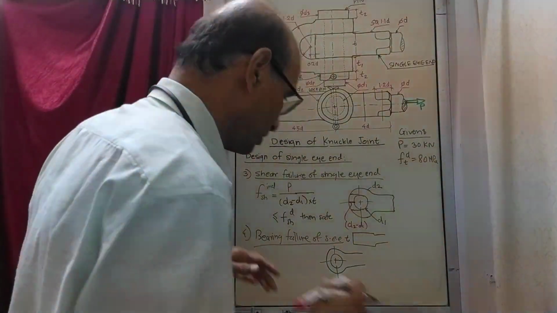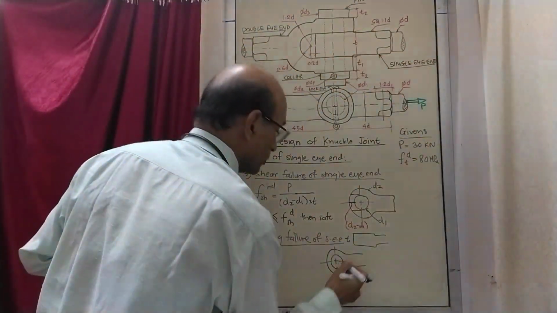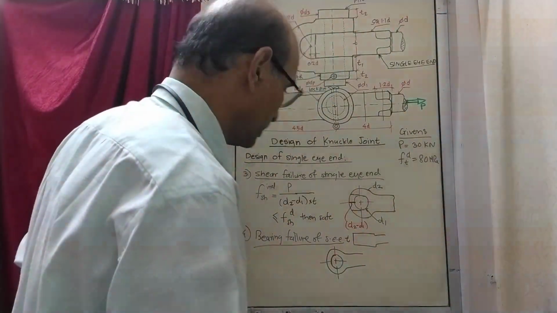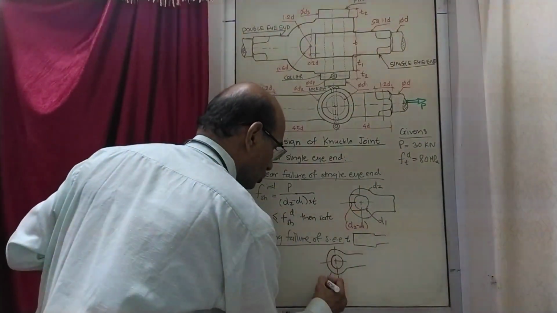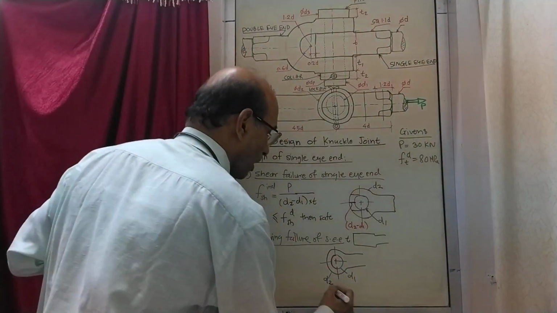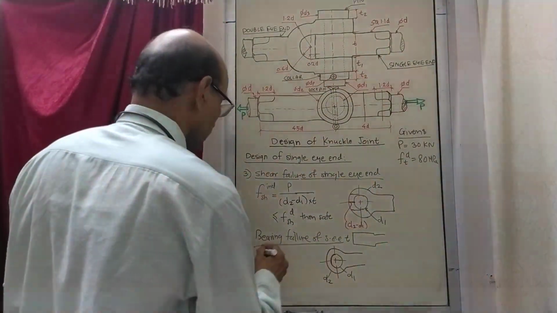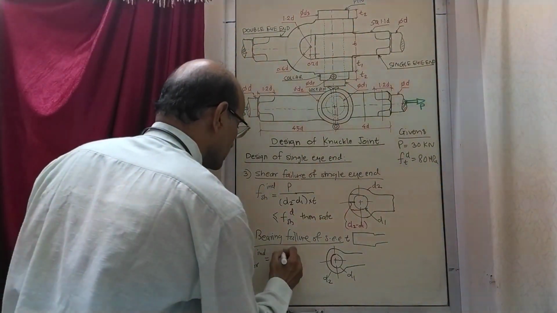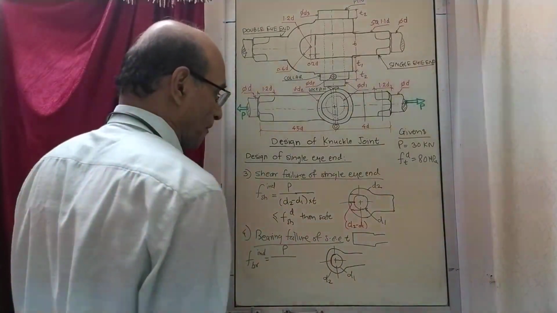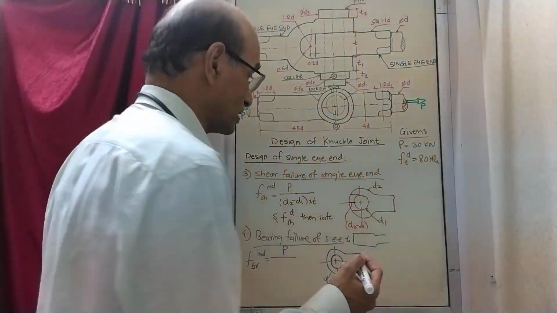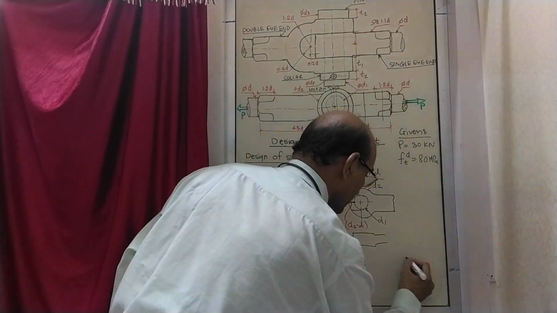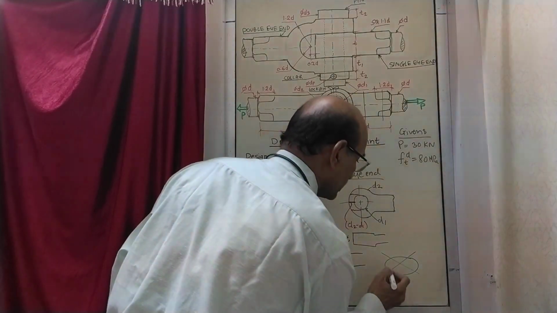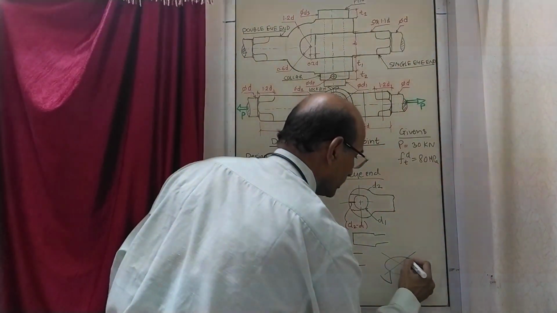And then the resisting area will be, since it is pulling this way, this will be the resisting area. On one side it will be in contact. Now this is D2, this is D1, and it has a thickness T. So the bearing stress induced is equal to load upon area. Now how much is this area? Last time we saw something called the projected area. If you think about how that projected area is made up, maybe we can show it this way.